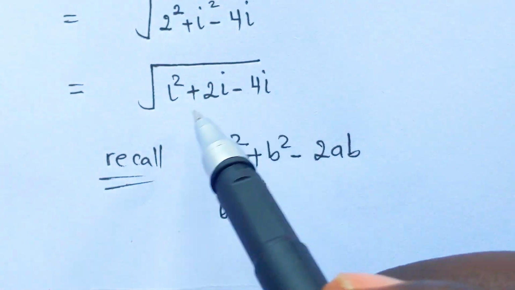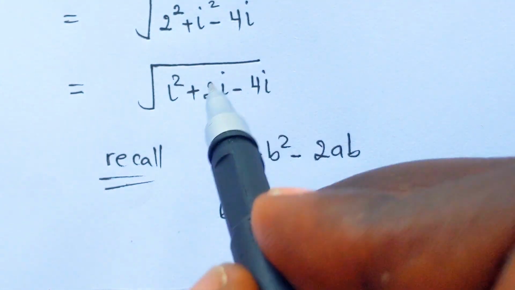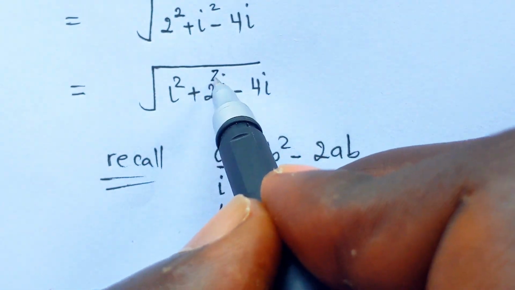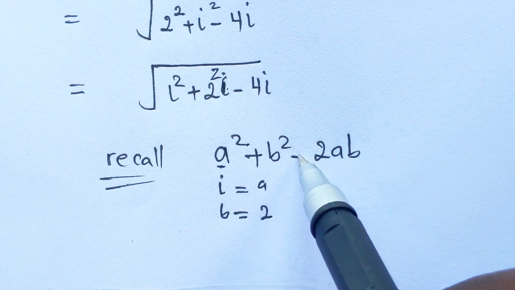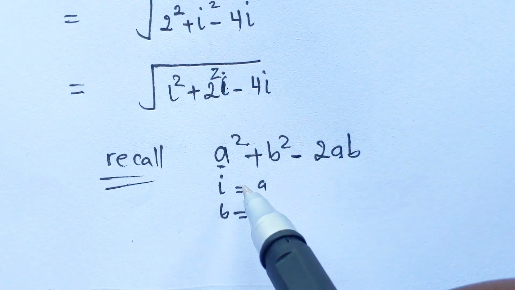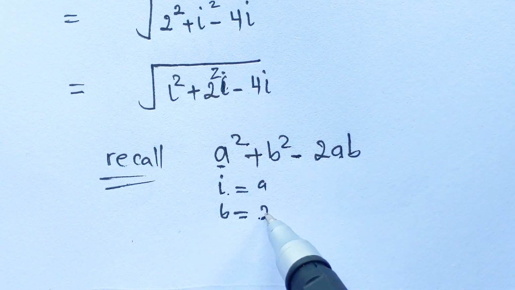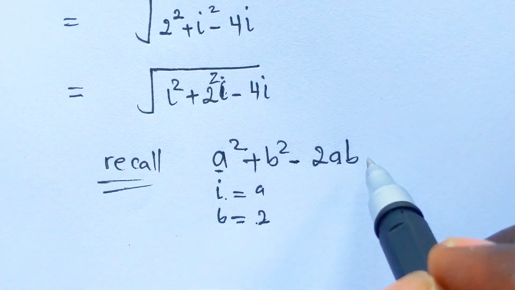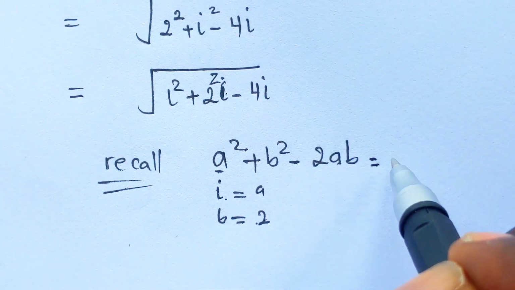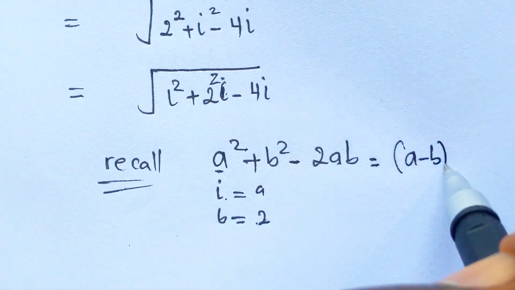And of course we have right here, sorry, this is 2 squared. If as soon as we have minus 2, a as i and b as 2, that is why I have 4i. This means that when we have this one, this is equal to a minus b